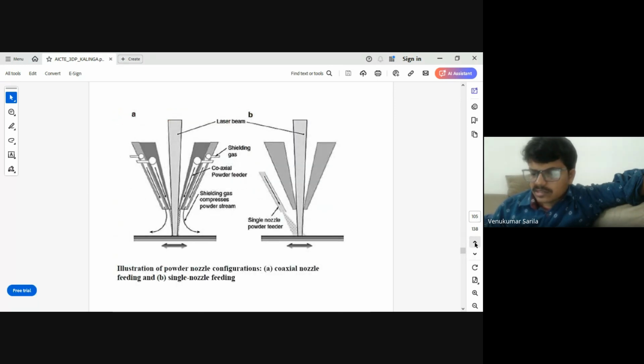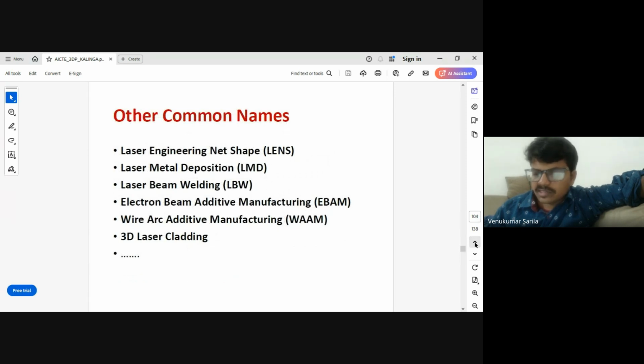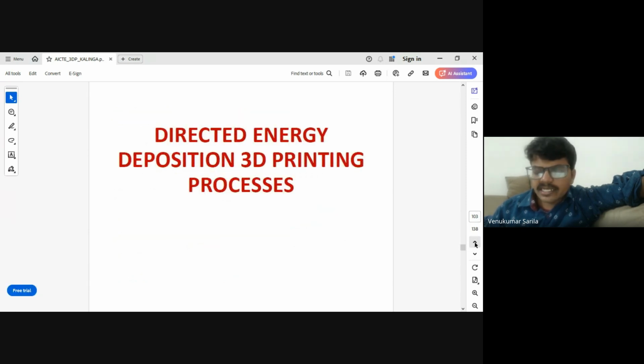As just one point, I can cover directed energy deposition materials. So let me discuss it and I'll conclude. Directed energy deposition 3D printing process, you can call it the DED process. The simple difference between the powder bed fusion process and the DED process is that,